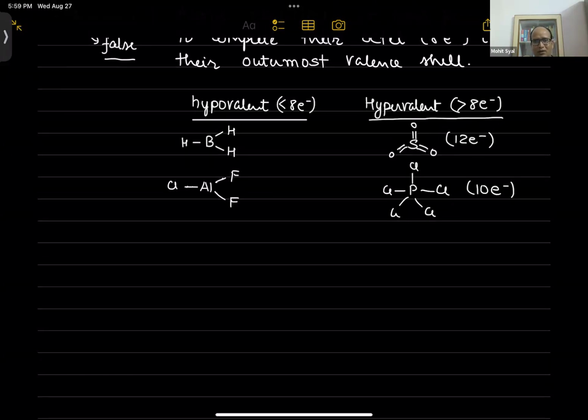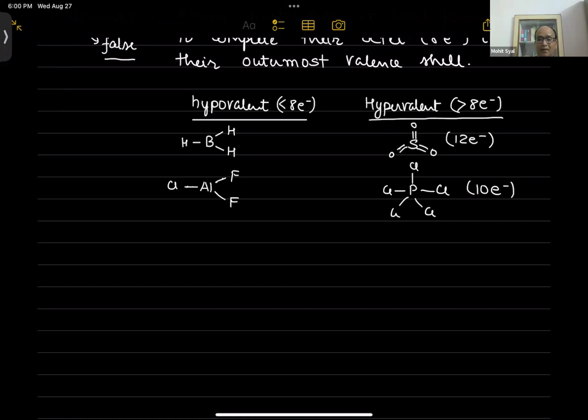To attain stability. Yes, this is always true. To complete their octet, it may not always be true. I have given you examples. These two terms you should keep in mind,